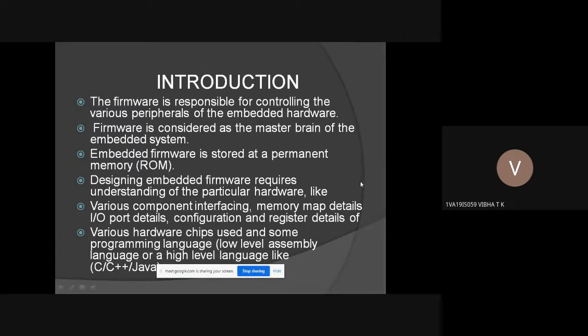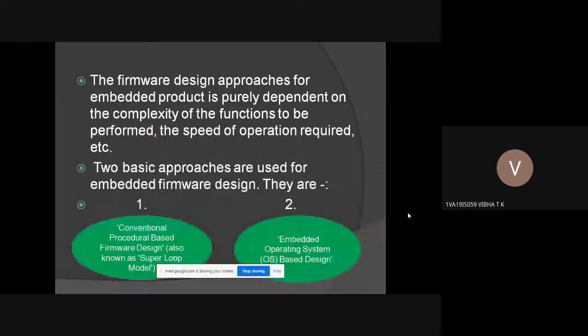The embedded firmware development process starts with the conversion of the firmware requirements into a program model using modeling skills like UML or flowchart-based representation. The UML diagram or flowchart gives us a diagrammatic representation of the decision items to be taken and the tasks to be performed. There are two approaches, which will be explained by Bhumi.